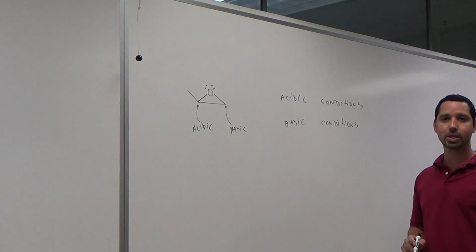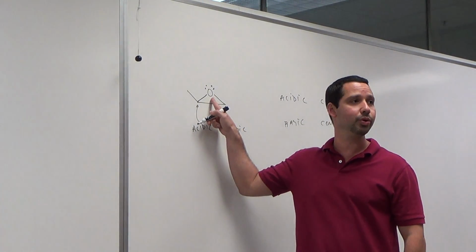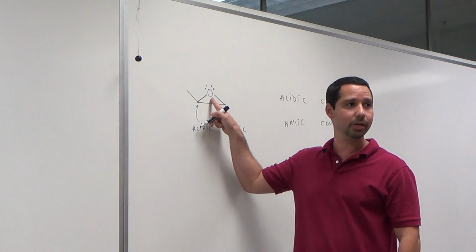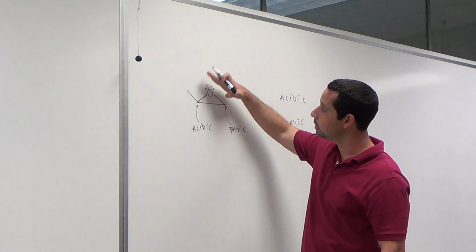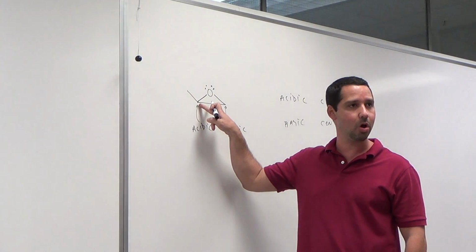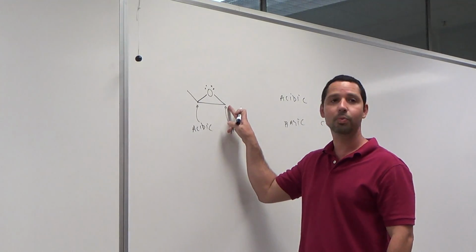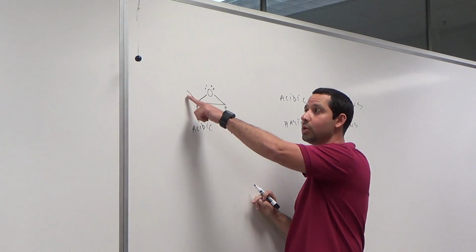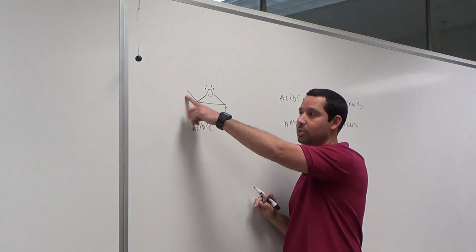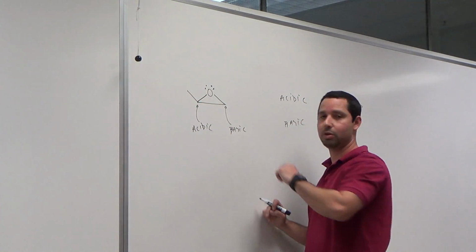Now, the reason why that happens is under acidic conditions, this oxygen here is protonated. And if it is protonated, it opens up, and this here would be a secondary carbocation. Well, if it opens up this way, this will be a primary, but this is hindered by this group here, yes? So under acidic conditions, it attacks here, and under basic conditions there.